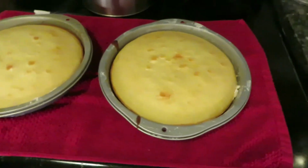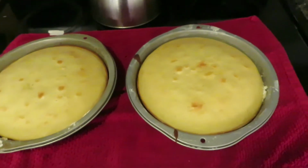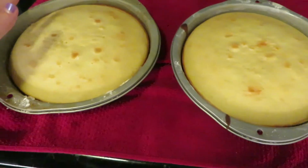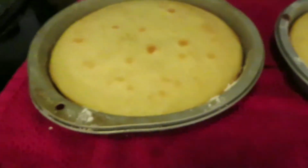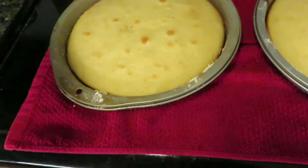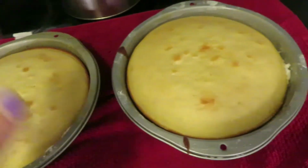So I'm just going to tell you what I'm going to do. Basically, once these are cool, I'm going to pop them out of the pans, trim them up, so basically cut off the top layer because it's kind of round. So I'm going to cut it so it's flat. Put some whipped cream down, slice up a bunch of strawberries, lay them down flat,